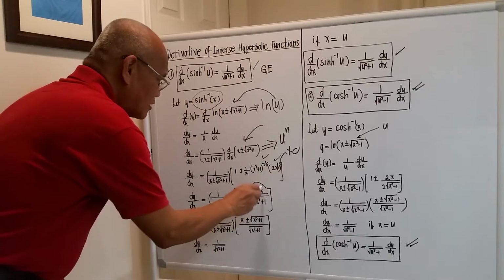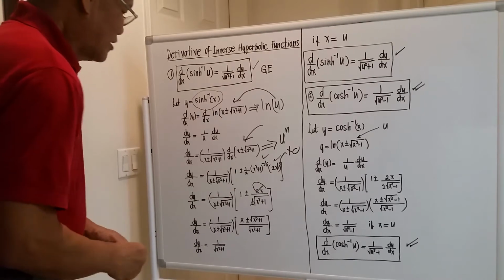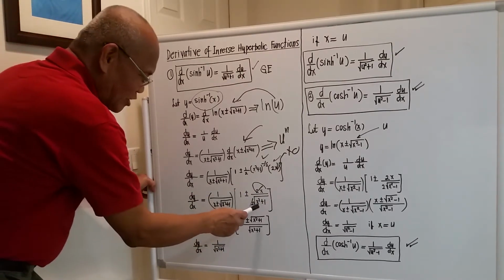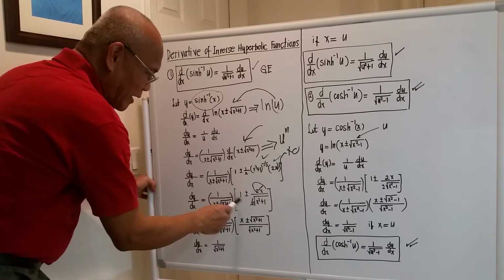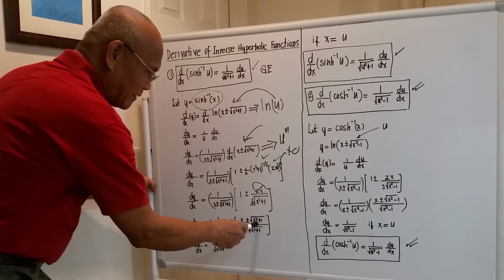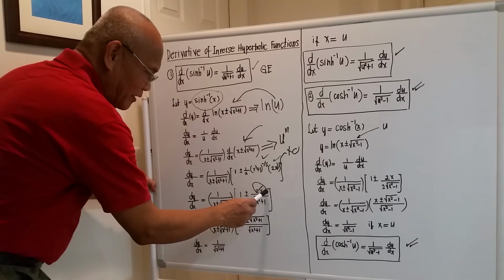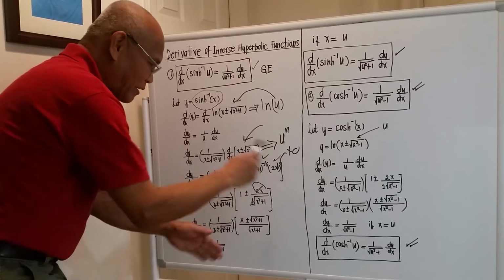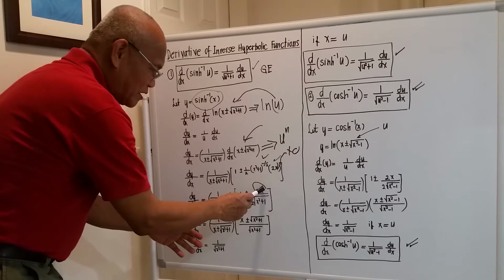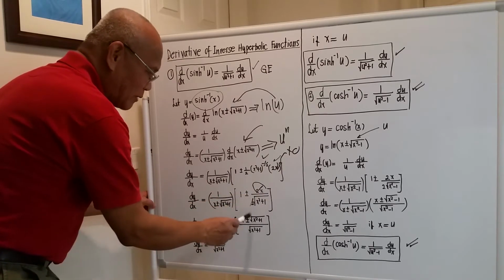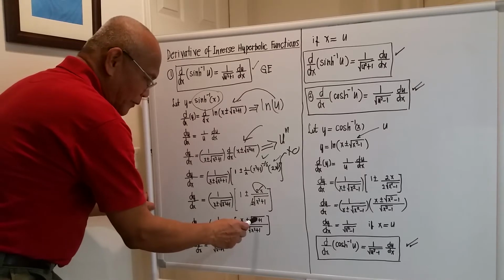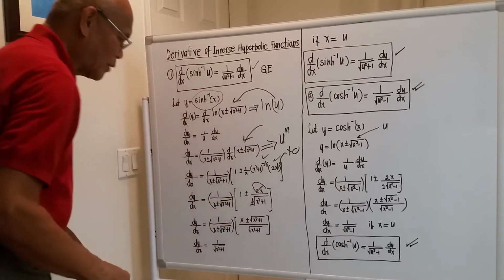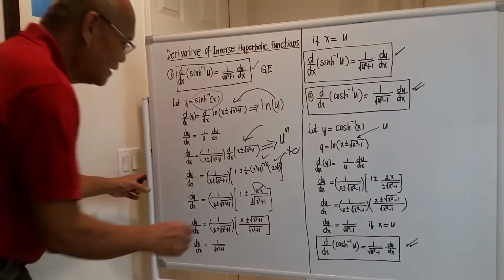These two here cancel with this. If you try to simplify this one, the square root of x squared plus 1 times 1 is the square root of x squared plus 1. There is a remaining term on the numerator, which is x. I just rearranged: I write this first before this one. So x plus or minus the square root of x squared plus 1, all over the square root of x squared plus 1. And luckily,